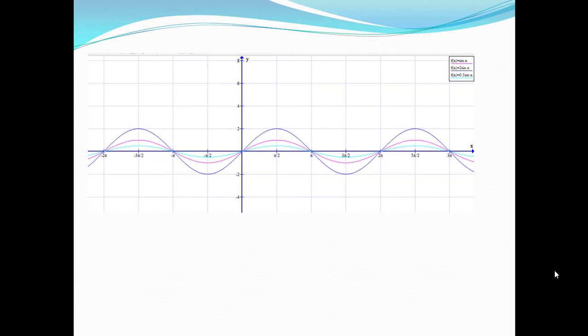As you see, for sine x the maximum point is 1 and the minimum point is negative 1. For 2 sine x, the maximum point is 2 and the minimum is negative 2. For 0.5 sine x, the maximum point is 0.5 and the minimum point is negative 0.5. That means if I speak about the range or maximum or minimum, I will look at the number in front of sine x, not the number behind the x or the angle. So it is very important to remember: for the range, maximum or minimum, I will look at the number in front of sine x or cosine x or tan or anything else.